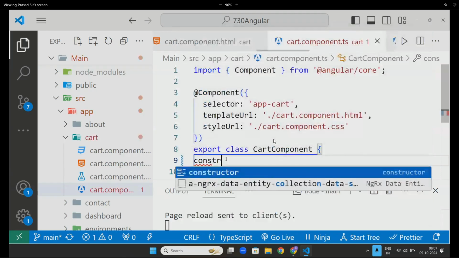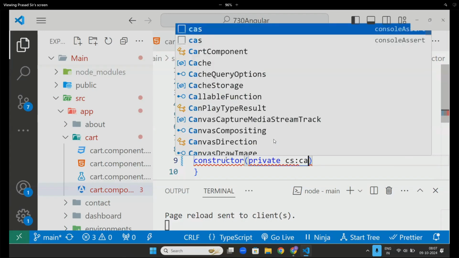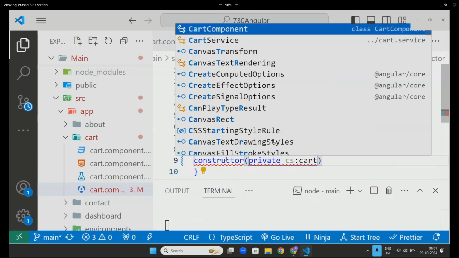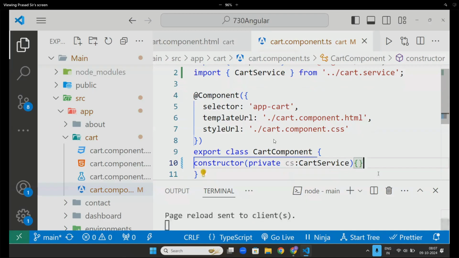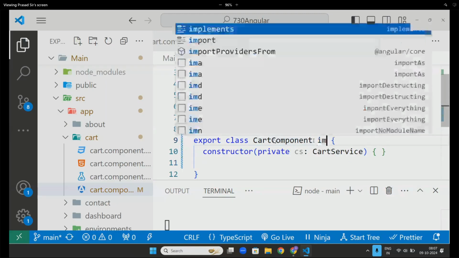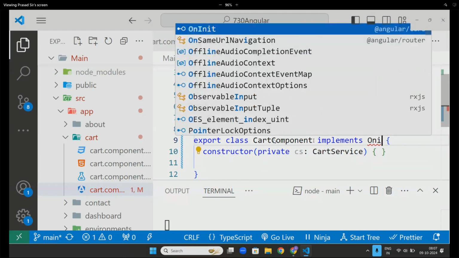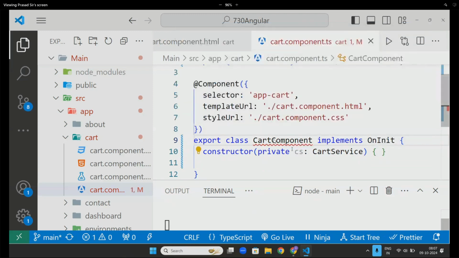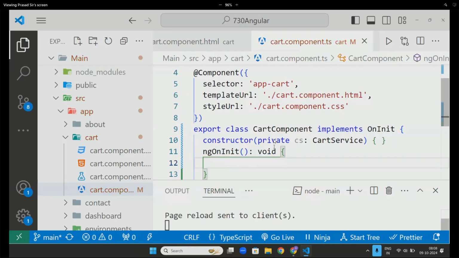Constructor, private cartService, CartService. As I told you before, once you have made one exact service, the remaining are all easy. When I made the auth service, the remaining all became easy. Same thing. Now here also, implements OnInit, ngOnInit.